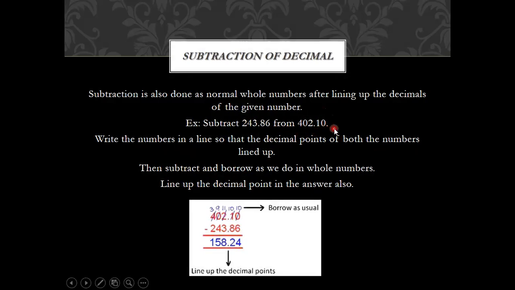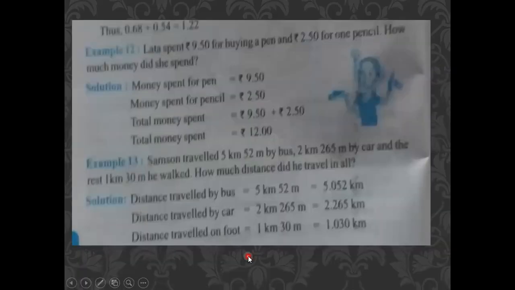So normally subtraction means from the bigger number we subtract the smaller number. So here 402.10 minus 243.86. Now here 0 minus 6 you cannot subtract, so you have to borrow. 10 minus 6 is 4, and here again 0 will be, again from the next number you have to borrow. 10 minus 8 is 2, and the point you can keep. Then again here 1 minus 3 you cannot subtract, so you have to borrow from 4. Then it will become 3, and here 11. 11 minus 3 is 8. 3 minus 2, 1, and so on. So the answer will be 158.24. So this is the way you can subtract.